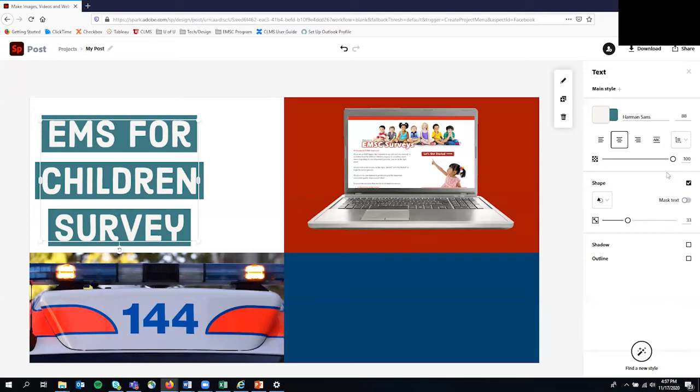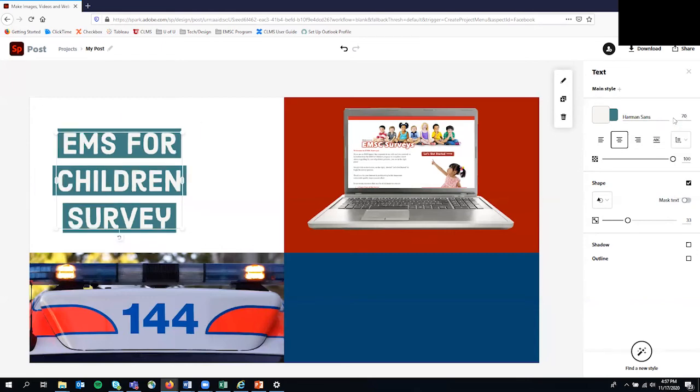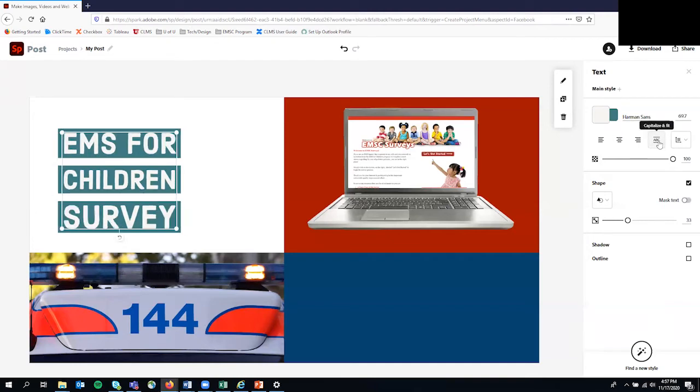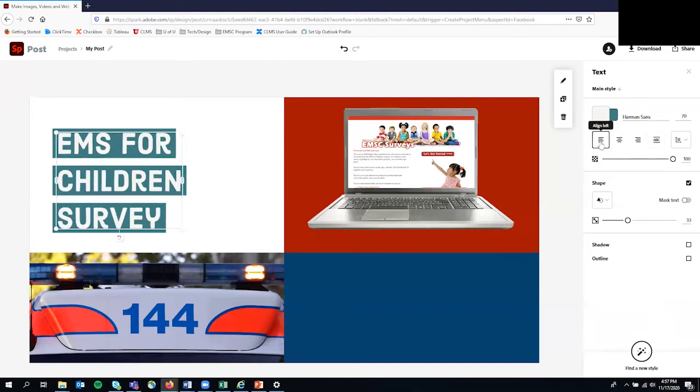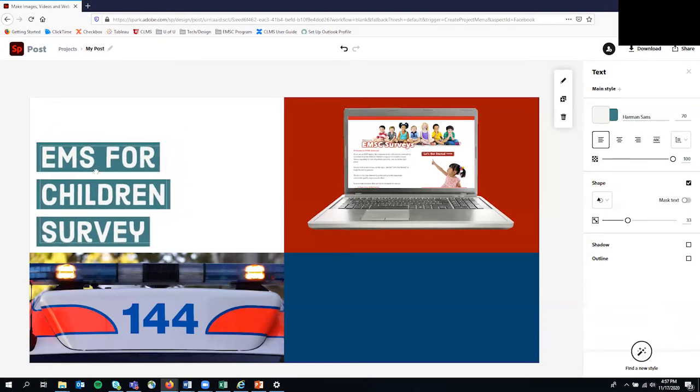Let's see here. That's actually a little bit bigger than I want. Let's do more like 70. Yeah, 70 will work. These boxes right here on the right allow you to align that text left, center, to the right, or to capitalize and fit. And it will make that fit. In this case, I'm actually just going to go with align left. And then I'm going to drag that text box kind of into the corner